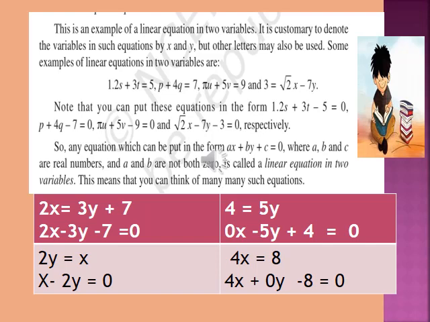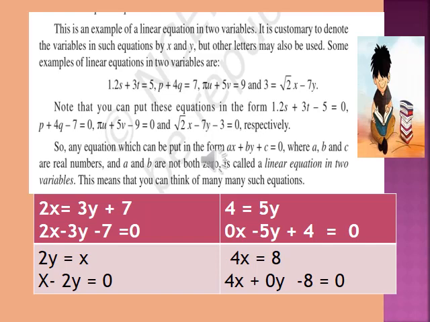It is the same, nothing but the same. Either you shift root 2x minus 7y to the left side or you shift 3 to the right side. So here we will shift 3 to the right side. So root 2x minus 7y minus 3 equals 0 respectively. All these equations are written in the form ax plus by plus c equals 0. One side is 0 and on the other side there are 3 terms.